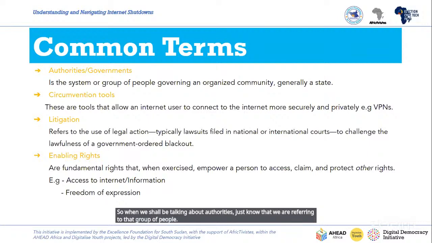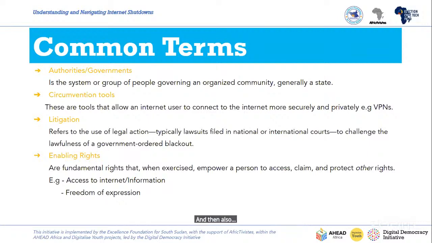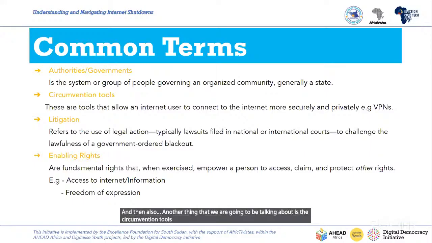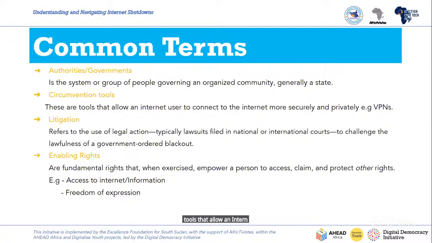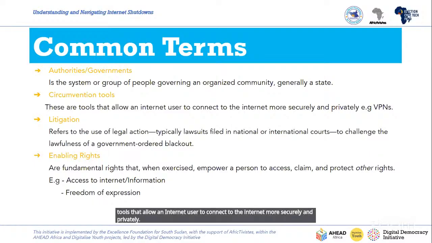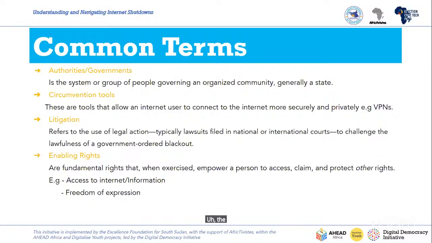And then another thing that we are going to be talking about is the circumvention tools. By circumvention tools, we mean tools that allow an internet user to connect to the internet more securely and privately. The best and most common example of this is the VPNs. So a VPN is an example of a circumvention tool.